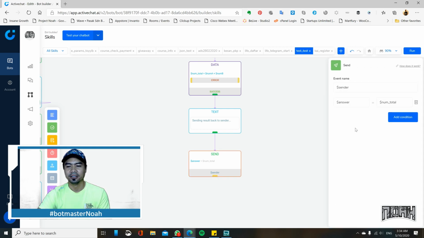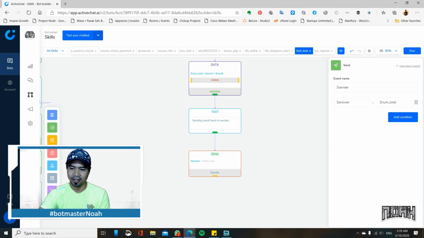In the send, we have two different skills sending to the universal skill, but when the universal skill wants to send back to those skills calling this event, we don't have to do any switch or multiple skill send blocks. What we need to do is just use a parameter as the event name, meaning if it's skill A, then skill A; if it's skill B, then skill B. And we also pass the answer together in the parameter. We have the one button called add conditions. I'm not sure why the name is add condition, but